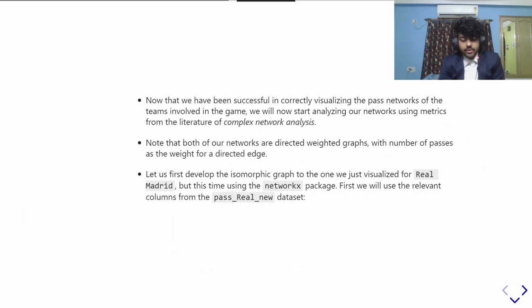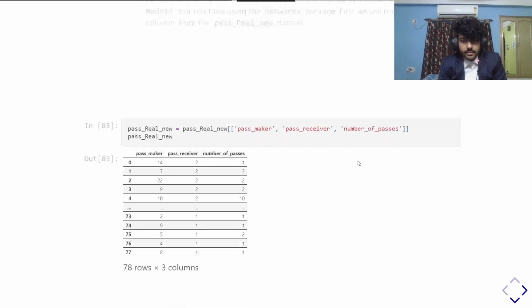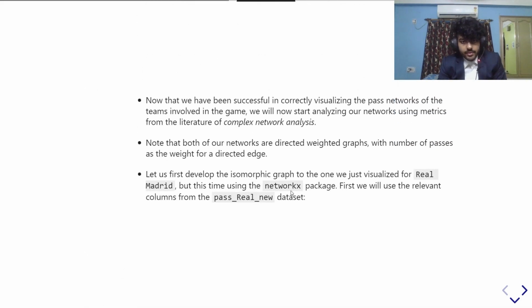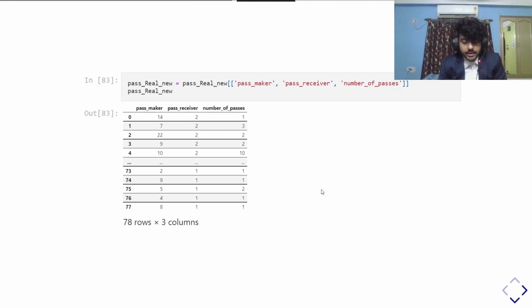And now, as we have visualized the pass networks, we can perform some complex network analysis by analyzing our networks using some metrics. Let us first develop the isomorphic graph to the ones that we just saw, by using the NetworkX package. And the thing is, we don't need the average locations here. We are only interested in the nodes and the information about the nodes and the edges, but not about